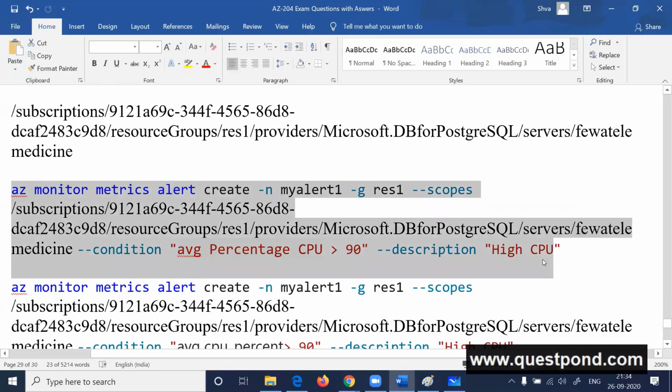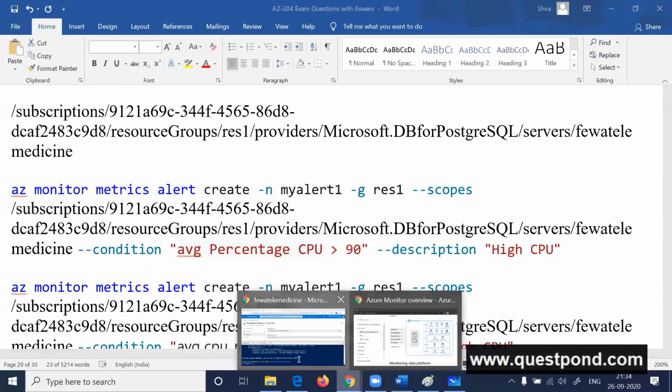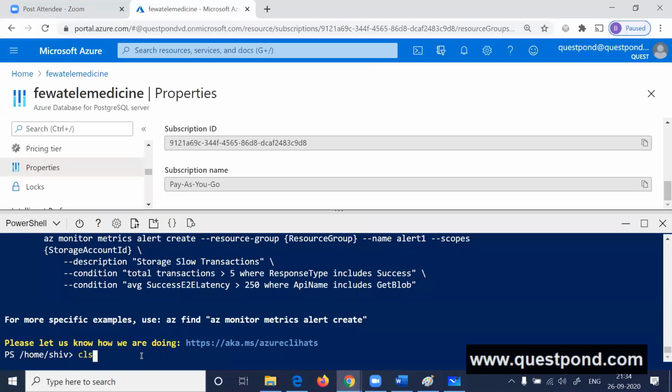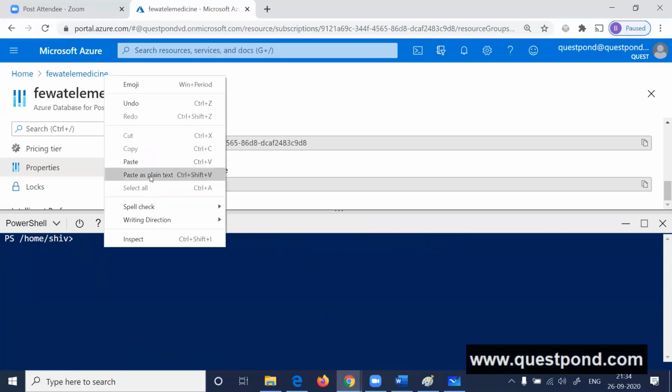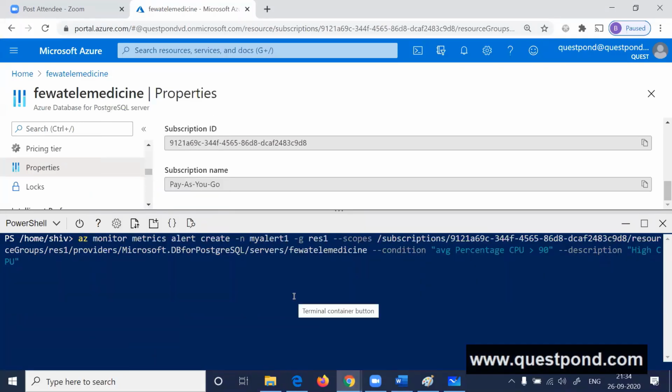I will just fire it. And I will also tell you some of the issues we face here and how the exam is completely out of sync. They really need to paste as plain text. So I will try to create this alert with the name my alert one, which says that average percentage of the CPU should be greater than 90%, right? And I'll press enter. Now, what has happened is